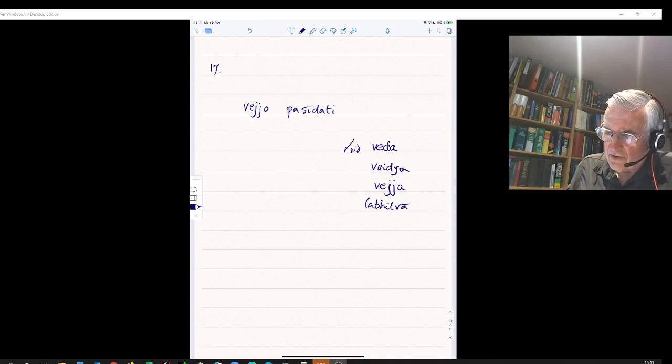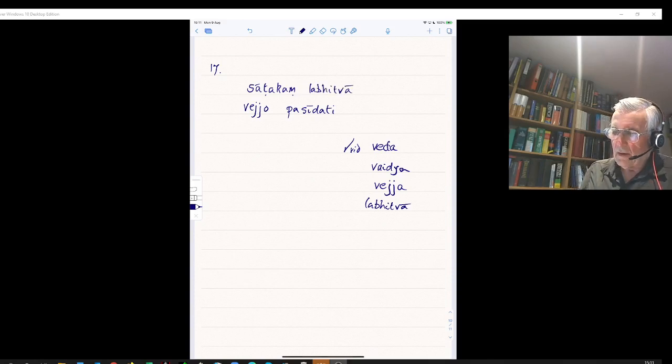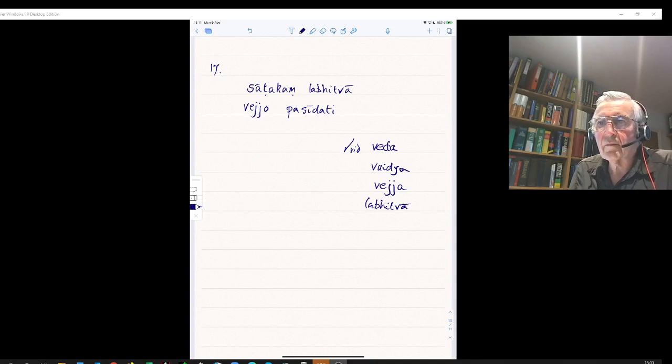So having received a garment, let's have sartakam labhitva. Sartakam labhitva vedjo pasidati. And from the teacher, so acharya, in Sanskrit acharya,